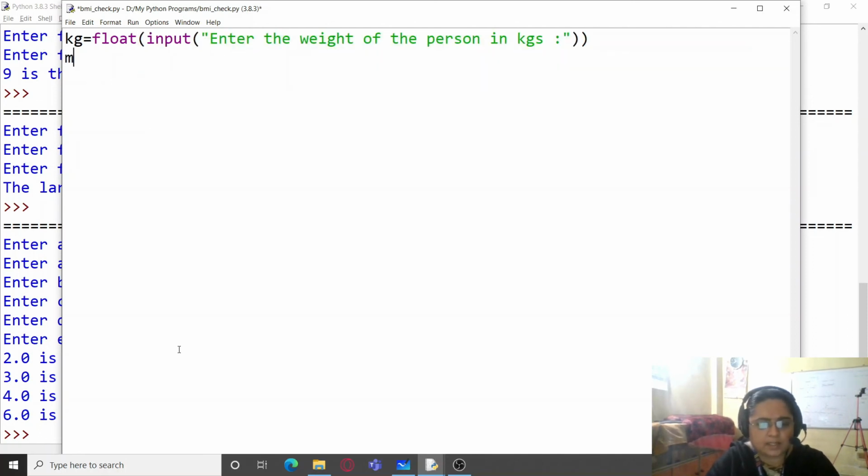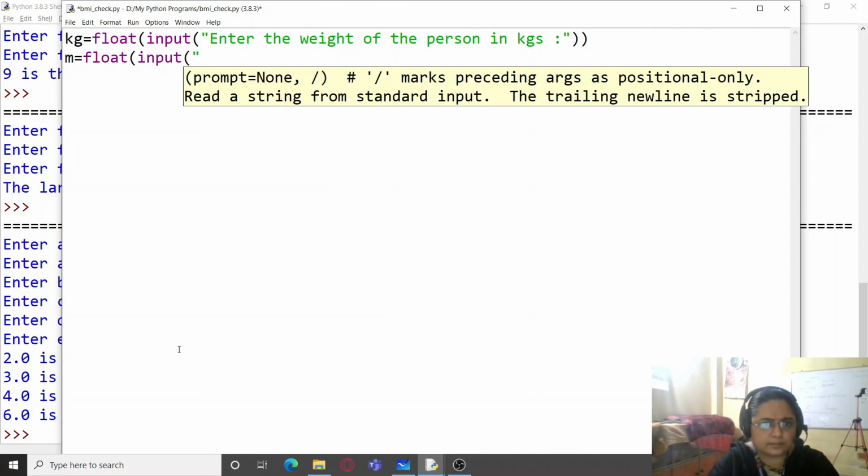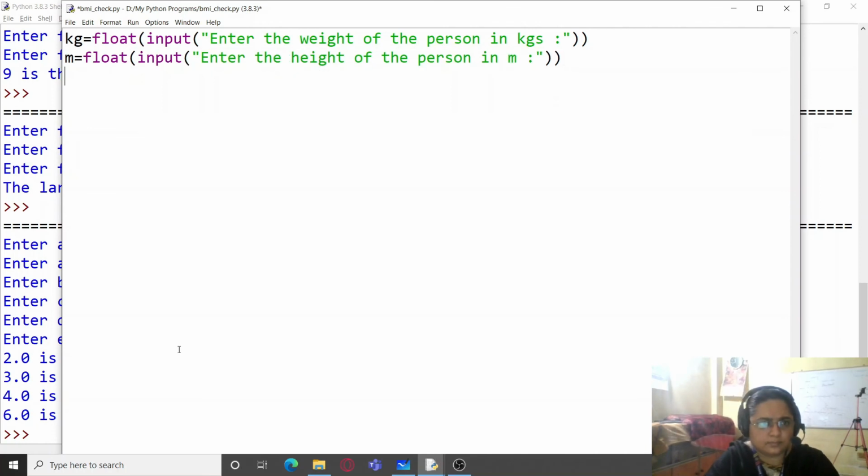And let us ask for the height of the person, that too in meters. And let us calculate BMI, which is kg divided by meter square. So I am going to write it like this, raised to the power 2.